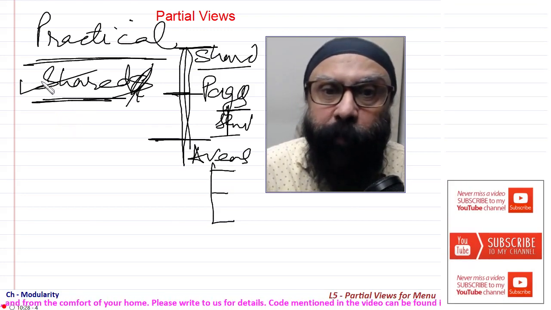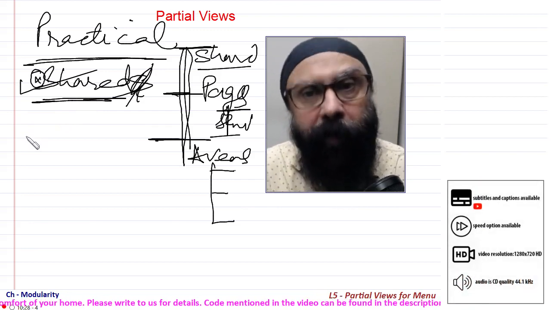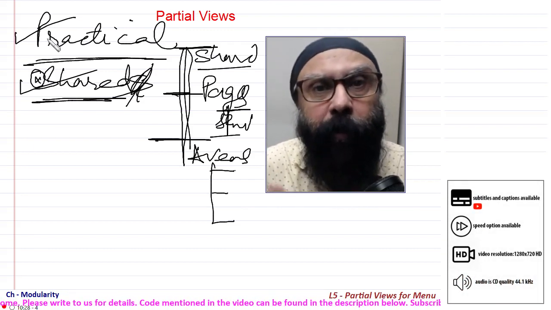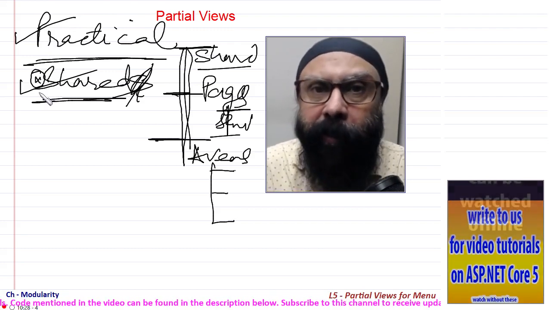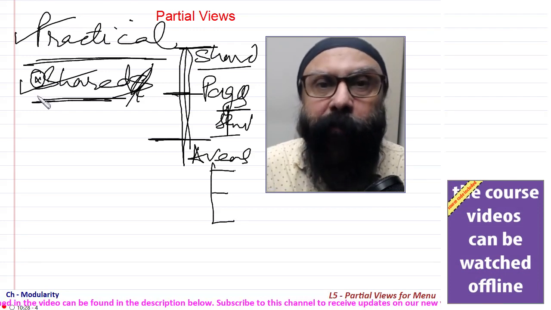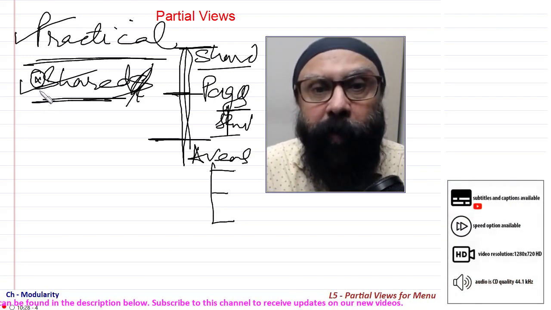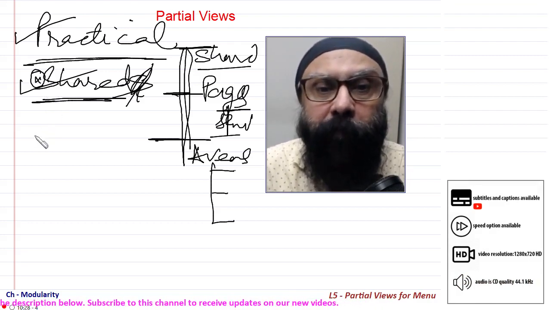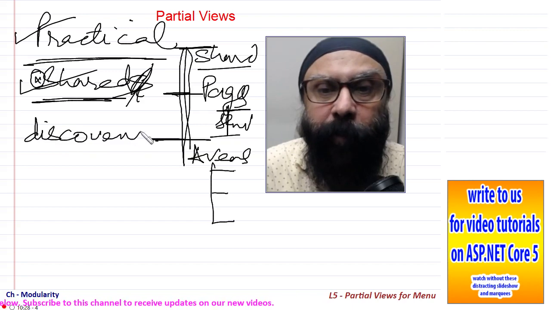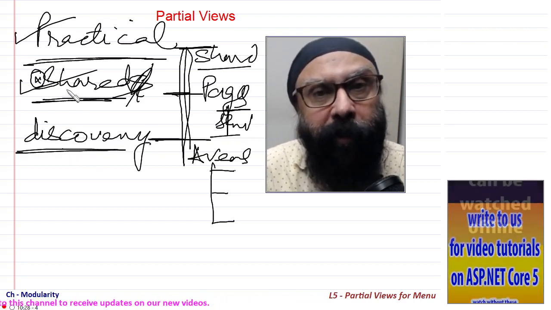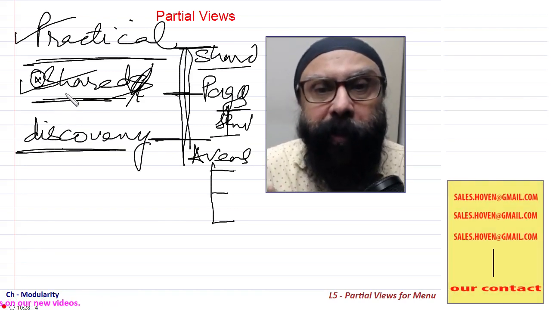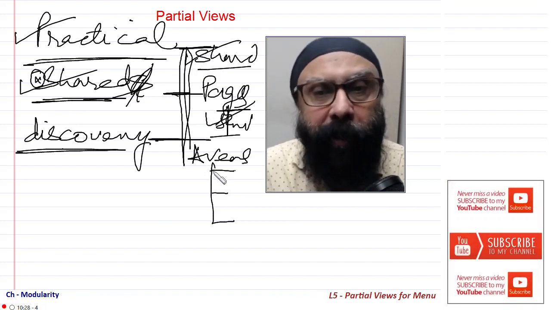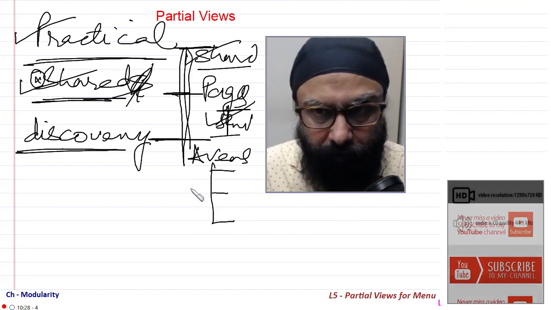And partial views have to be placed inside this shared folder. Remember this, because I am speaking from a practical point of view, because it is not compulsory. You may not place it in the shared folder, but in that case you will have to write longer code, because you will have to type the full path. But when you put it in the shared folder, then you get the benefit of discovery, the ASP.NET discovery will discover it from the shared folder automatically. Just in a moment I'll come to that, but so far what I've told is that you should create a shared folder either in the root or in the pages folder directly, or inside the areas wherever you have the pages folder. This is one thing.